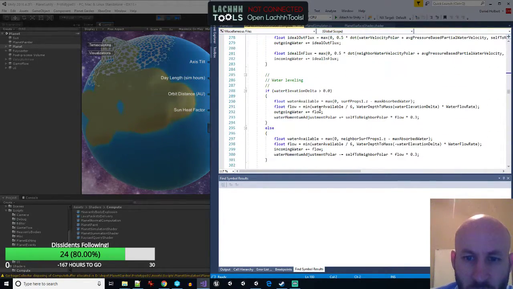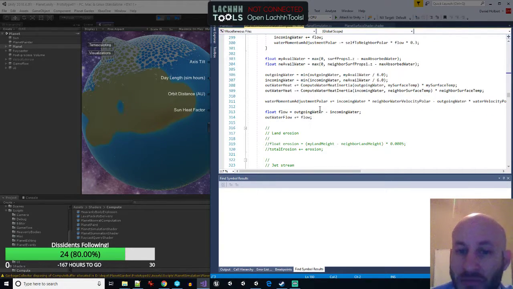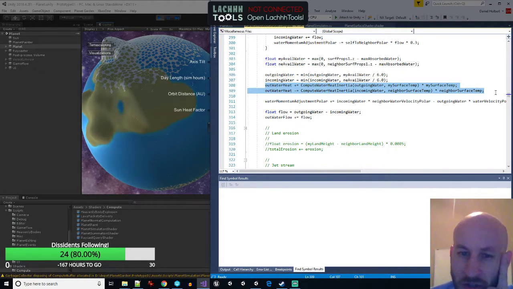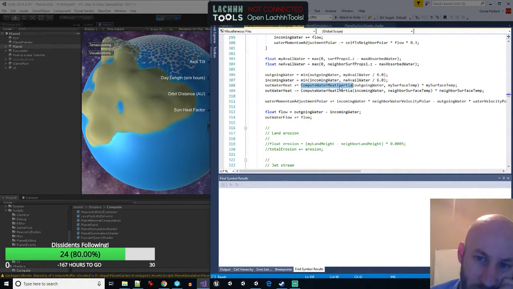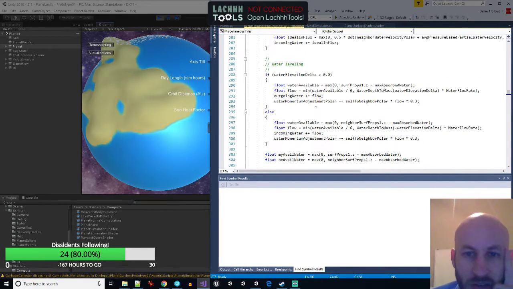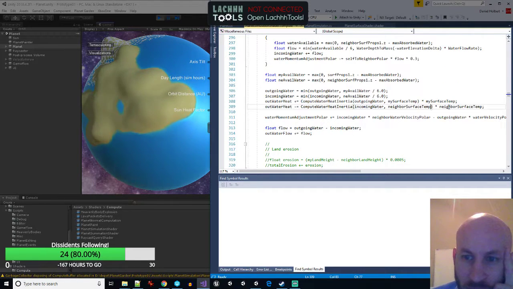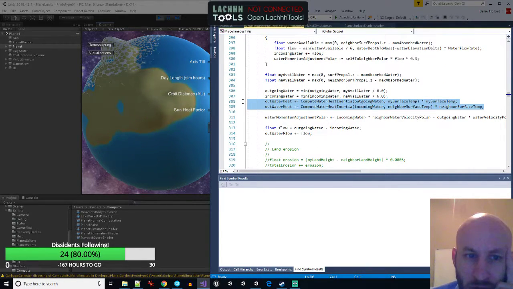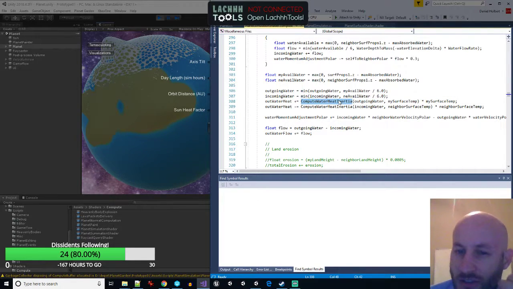And I noticed with the wind, I hadn't updated the heat functions properly like I had done the other, but now I think I'm doing this correctly. So I compute for the water that's flowing in or out. Wait, this is water. So you can see what I did for water, because initially the water was doing crazy stuff too. I compute what's called the heat inertia, which is sort of like the heat capacity, if you will,